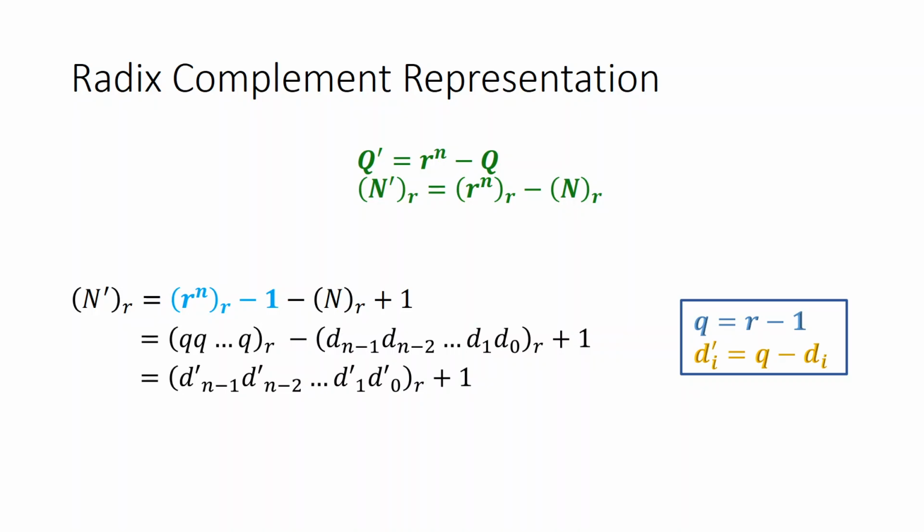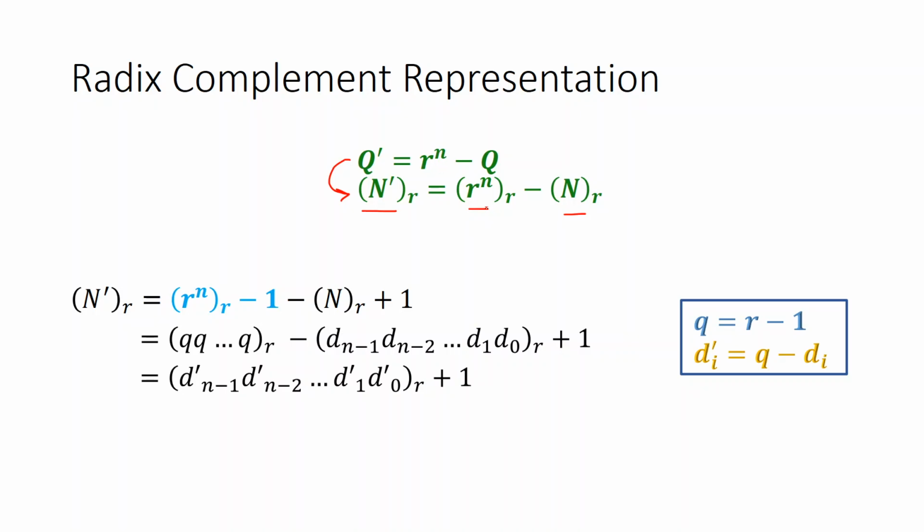Simply find out the R complement of that number. How to do that? You look at this. From the very definition you can come to this. What we have done is simply denoted every quantity in this equation with its number. So n dashed is the number for q dashed.